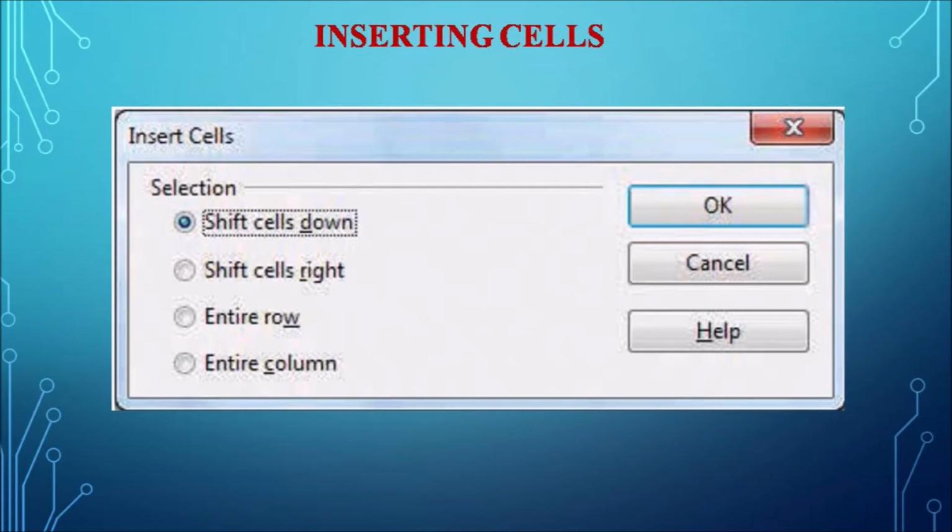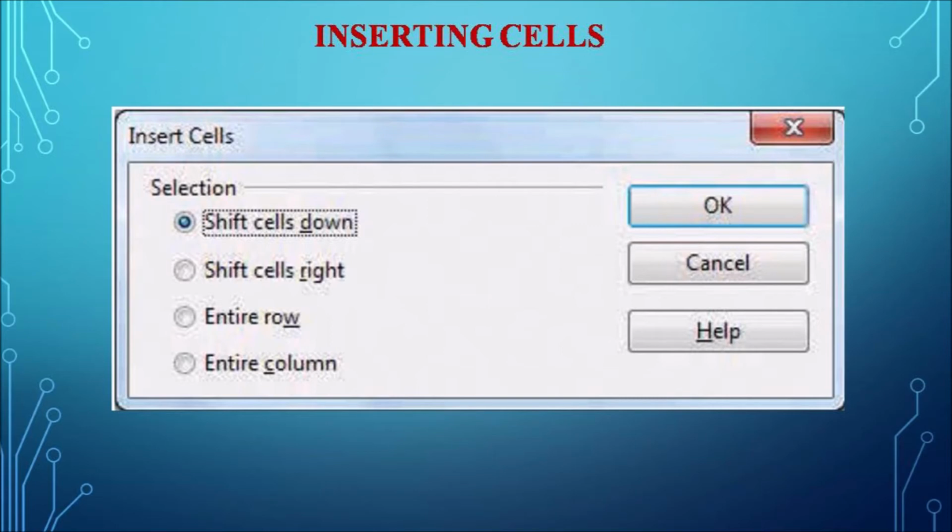And the third one is entire row. It means that the current active cell, for example, is present in the third row. If you want to insert a cell just above that row, it is similar to creating a new row.